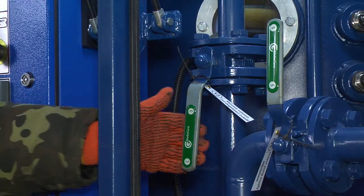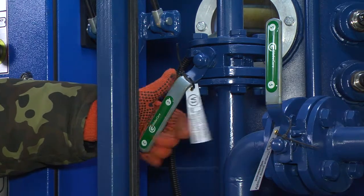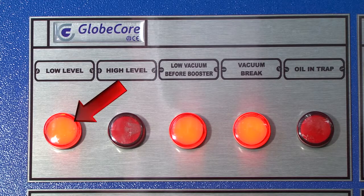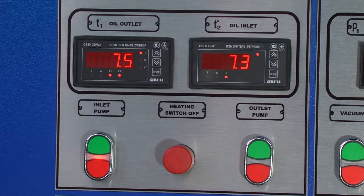Close the vacuum column oil cutoff valve V3 to 50% and fill the column system and the vacuum column with oil to mid-level L2. The low-level light will go off when the L2 level is reached. Close the input pump supply adjustment valve V2, stop the pump P1,